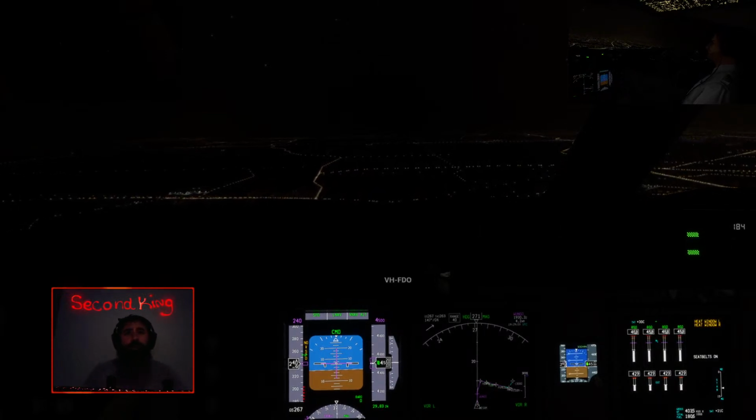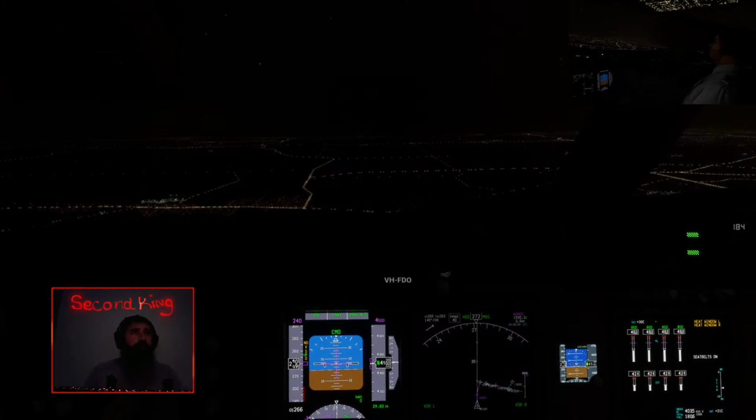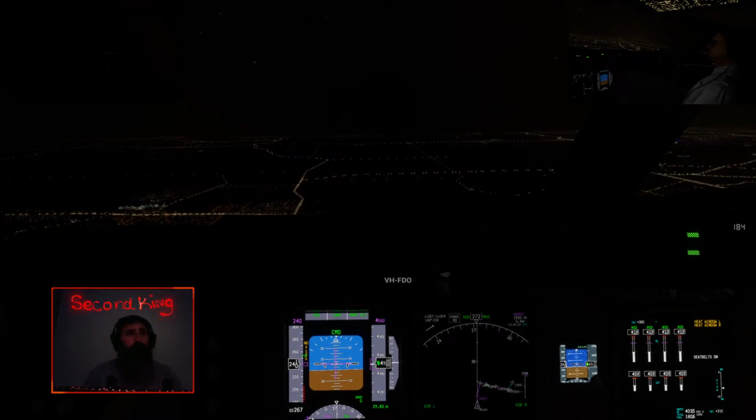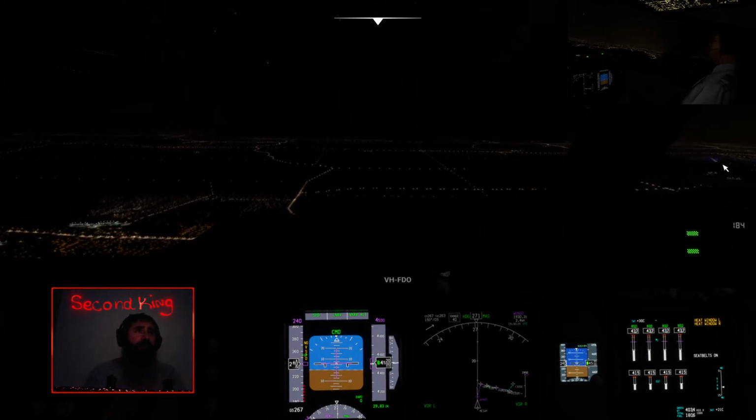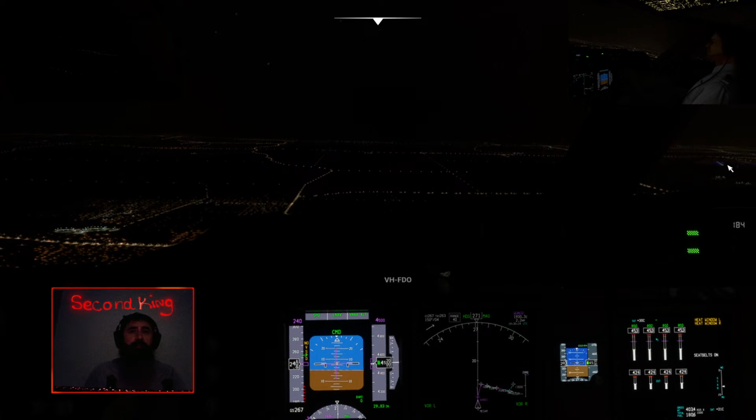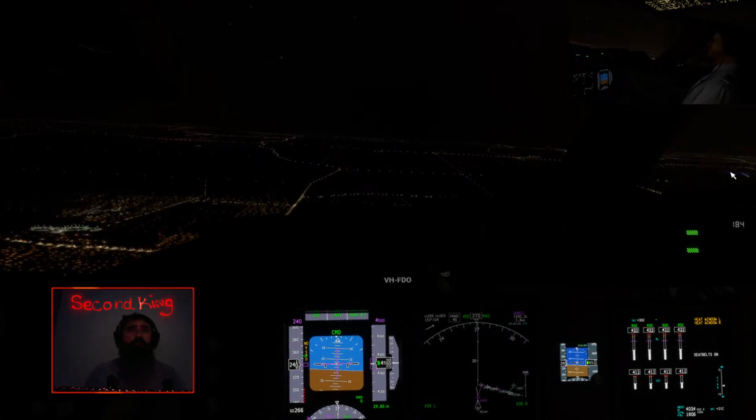The area around Jandakot's fairly well restricted. You have to take off and then make an immediate left-hand turn heading west. If you continue flying north, you're flying into controlled airspace. And yeah, so you can see just over here, that's the main runway. No, secondary runway from Jandakot. Yankee Papa Juliet Tango.